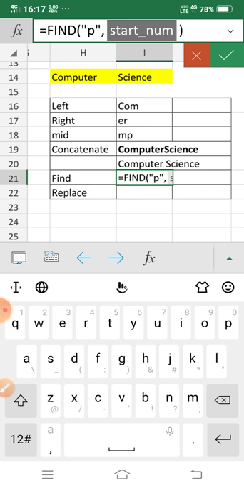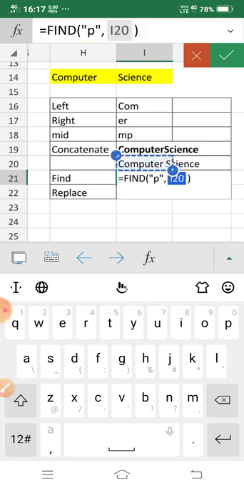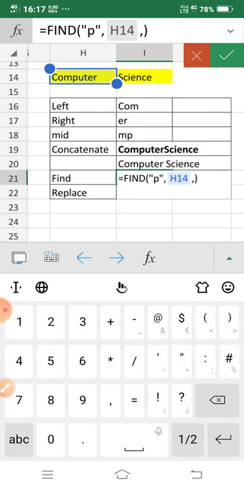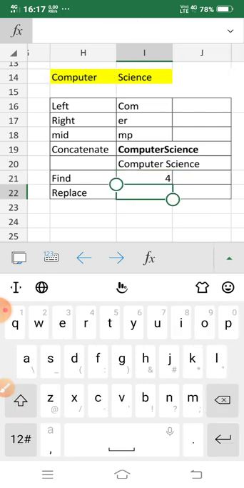So first one is P, I want the P. Next one is within which text you want. So my text is this one, computer. Okay, or I can select this one, computer. Okay, then comma, then start number. Okay, so I can give the start number from 2, say 2, then enter.